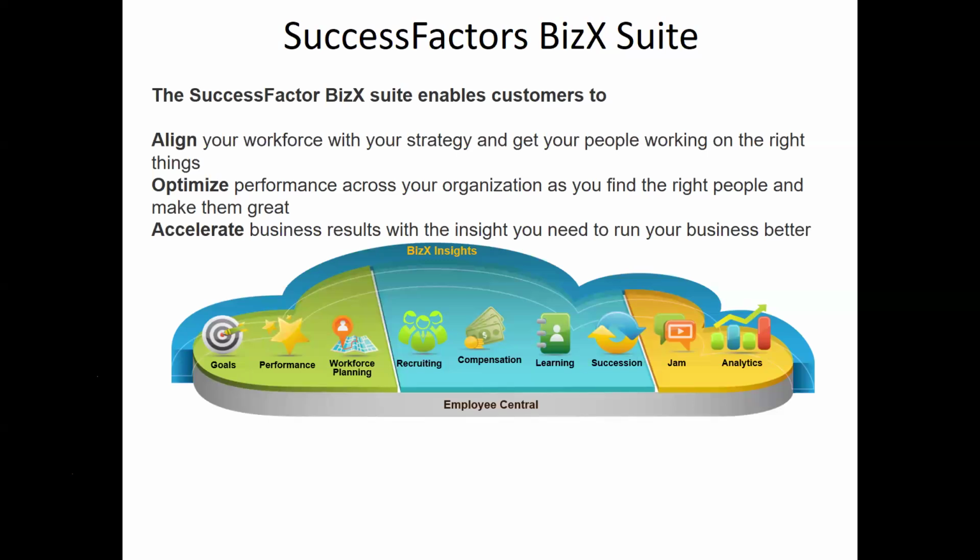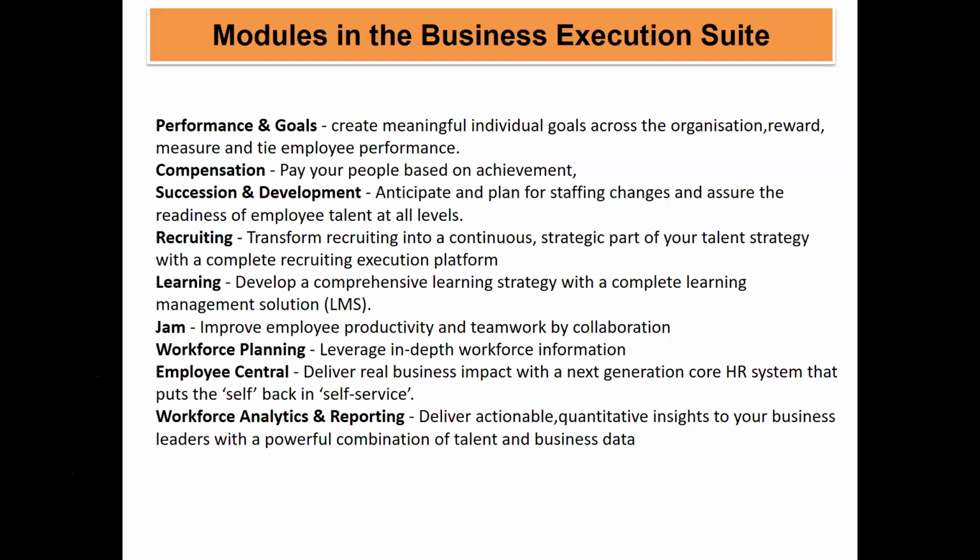We also have org information of this candidate, what designation the employee is in, what is the work schedule of this employee, what department this employee is going to work, what is the grade of this employee, in which location the employee is going to work, what is the salary that I need to pay, what is the regular salary that I have to pay, what is the annual or a bonus that I have to pay. So all of this data is maintained in Employee Central, and this data is required for other modules,